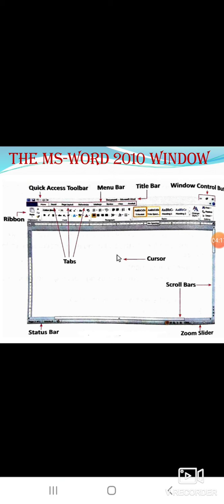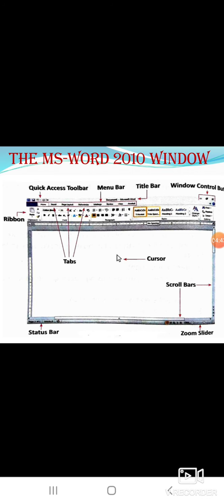Start, all programs, Microsoft Office, MS Word 2010. After that, you will get a window like this. This is the MS Word 2010 window. Let's see what the parts on the MS Word window are and their uses.